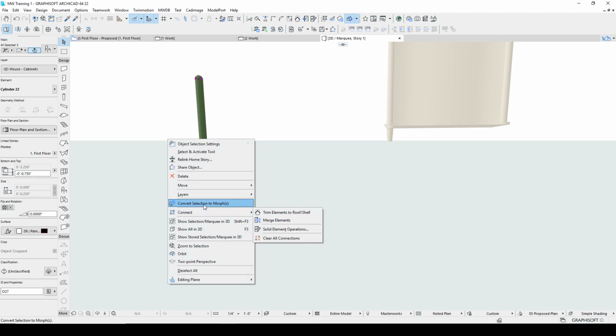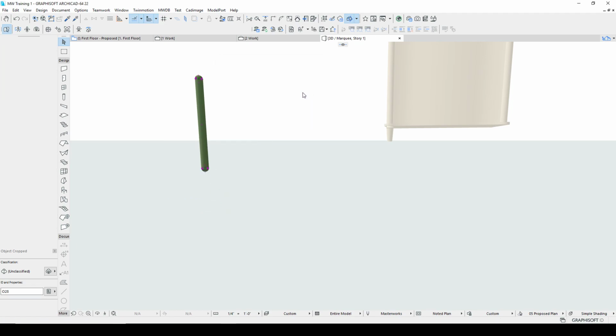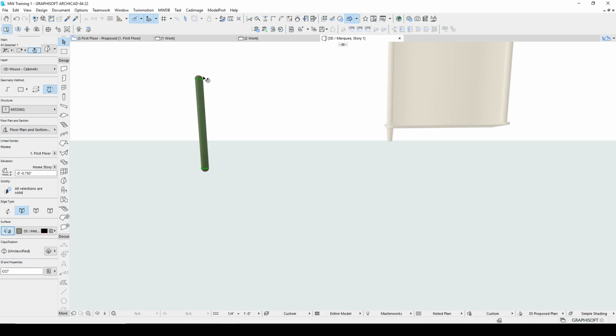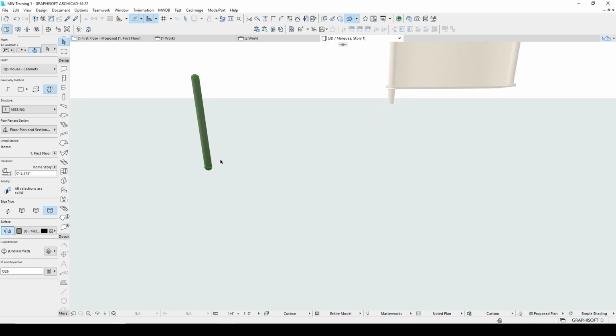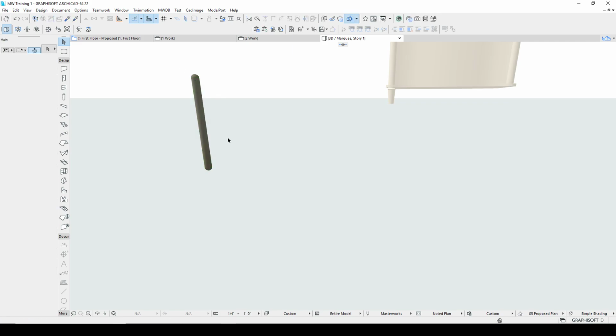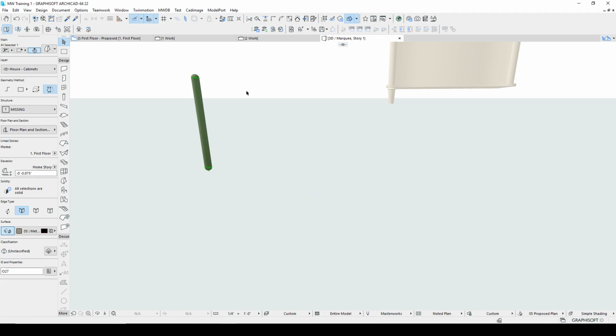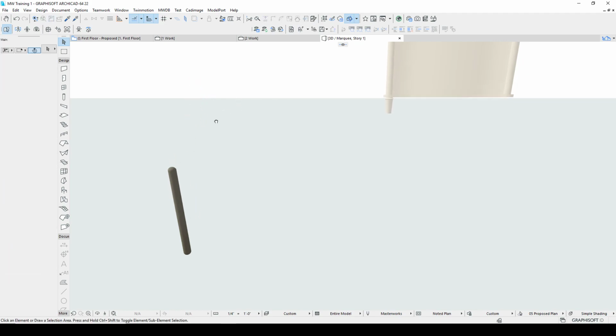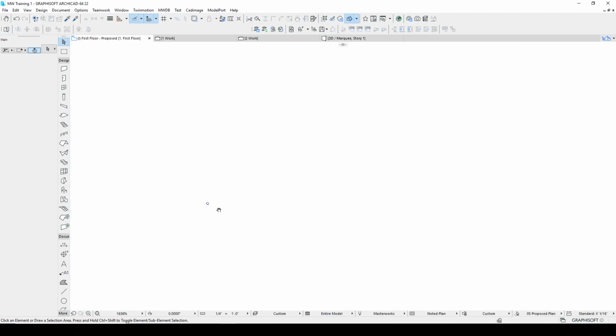Now I'm going to convert those to Morph. And I'm going to select them again. I'm going to union those. Now I have my cutter. And I can go put it next to the foot. So let's